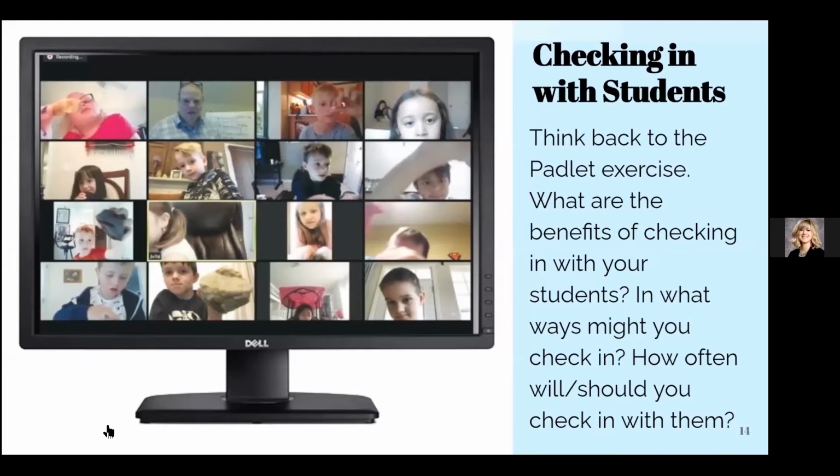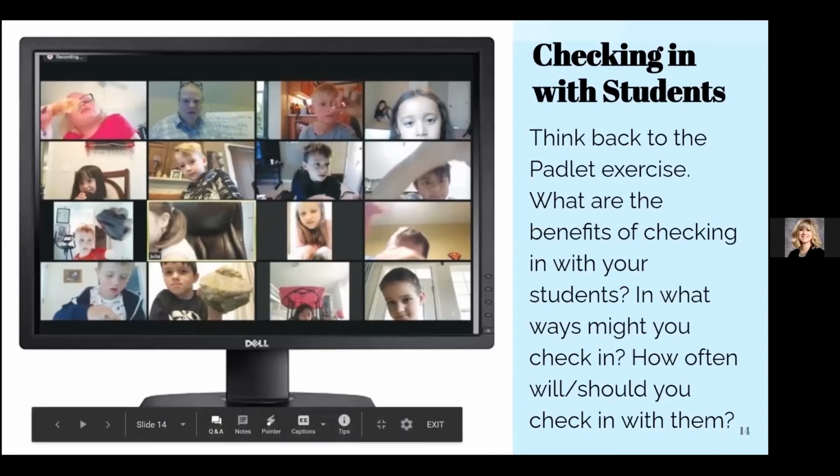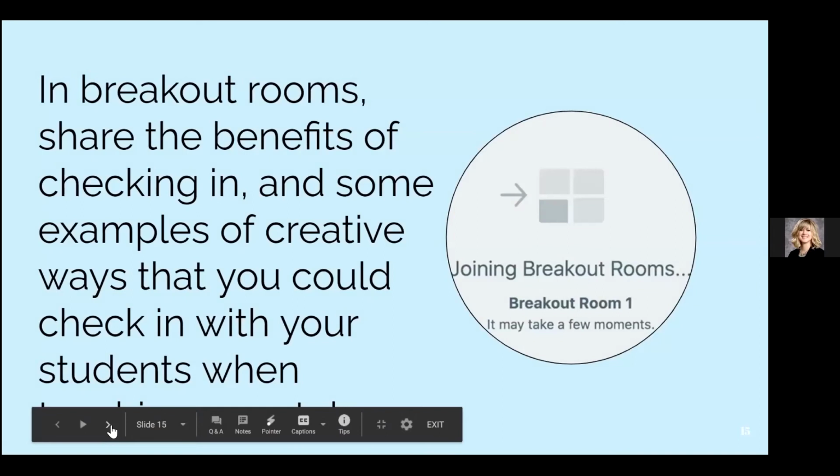Also, how frequently did your check-ins occur in the spring? When we return, we're going to ask for a few volunteers to share your group's thinking. So I'm going to pop you into breakout rooms. Just a second. But if you've never experienced